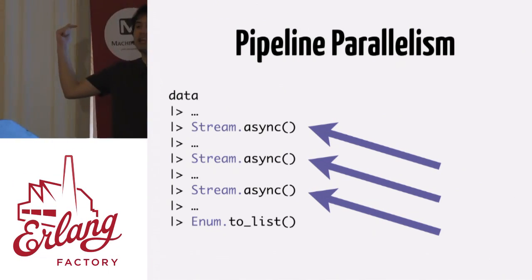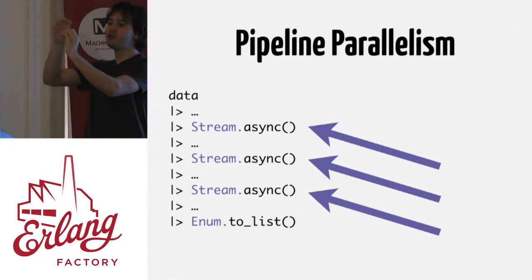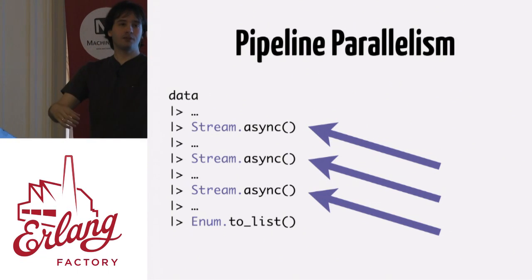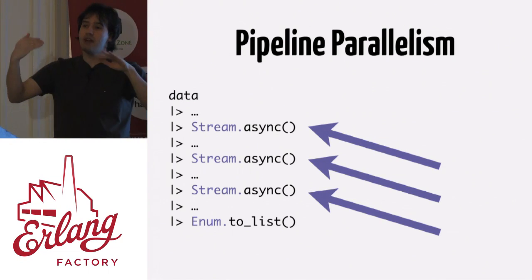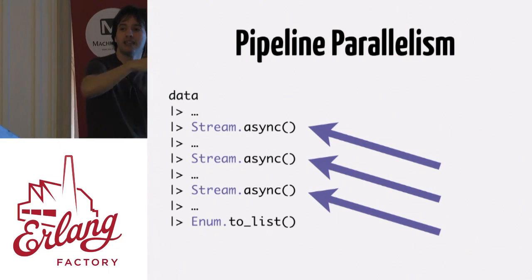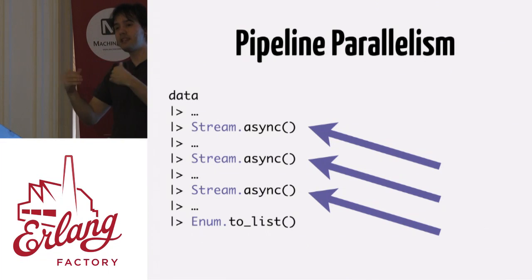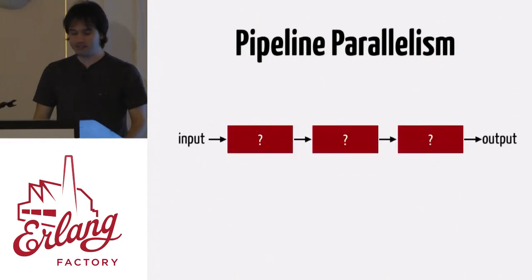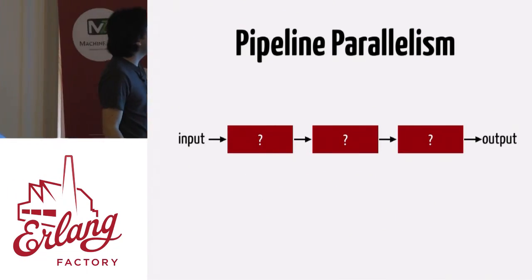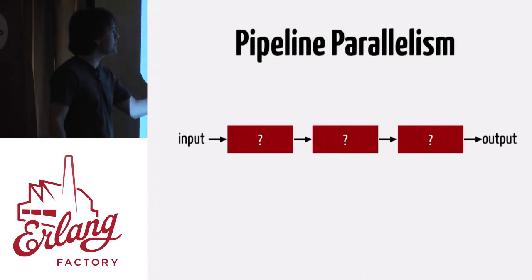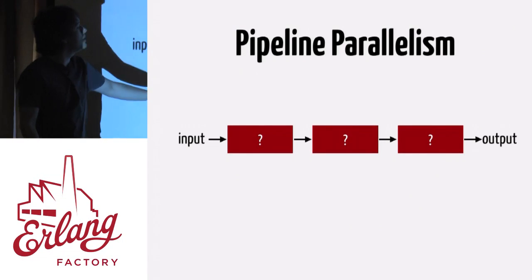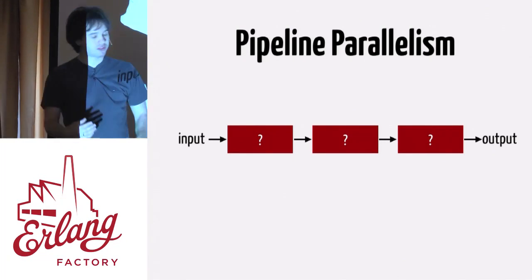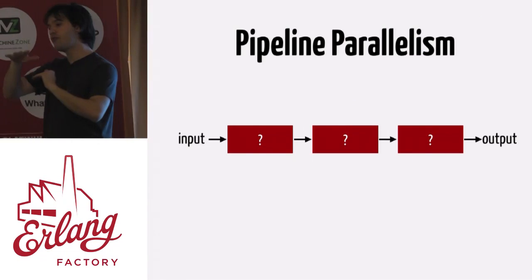And then as soon as the data starts to come in, the first process is going to perform the first computations and send it to the other process, right? So the other process is computing the first item, and the previous process started to compute the second one. So we have many stages in this pipeline, and they're all receiving data and processing it at the same time, right? So we have input, and then we have this process that processes some of it, and as soon as it's done with the first, it sends it to the next. This starts computing the second, and this starts computing the first it just received, and the data is just flowing through your system.